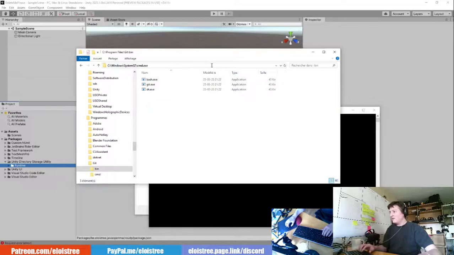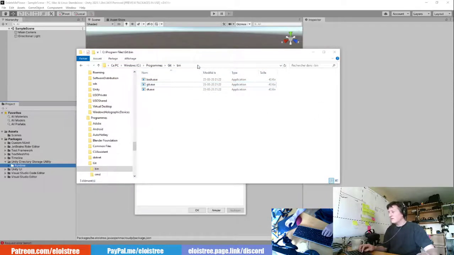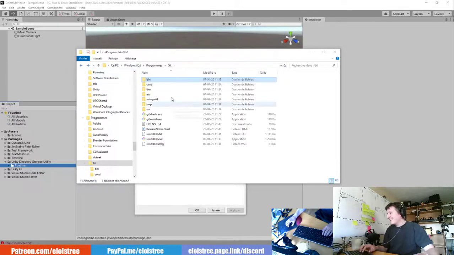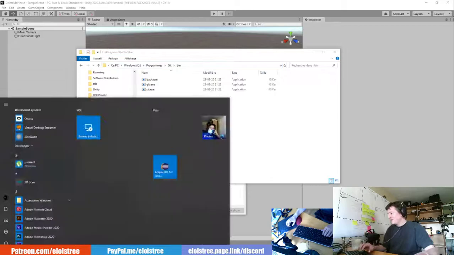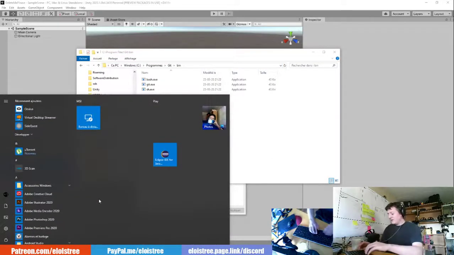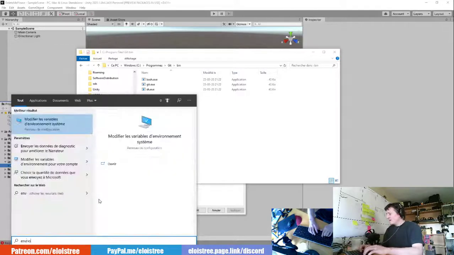So what you will do, you will take this link here of where this git exe is. Oh yeah, no, not this one. This. I want this one. Okay, this one. So you take where is the folder with the git exe. You go on Windows and you type system environment.